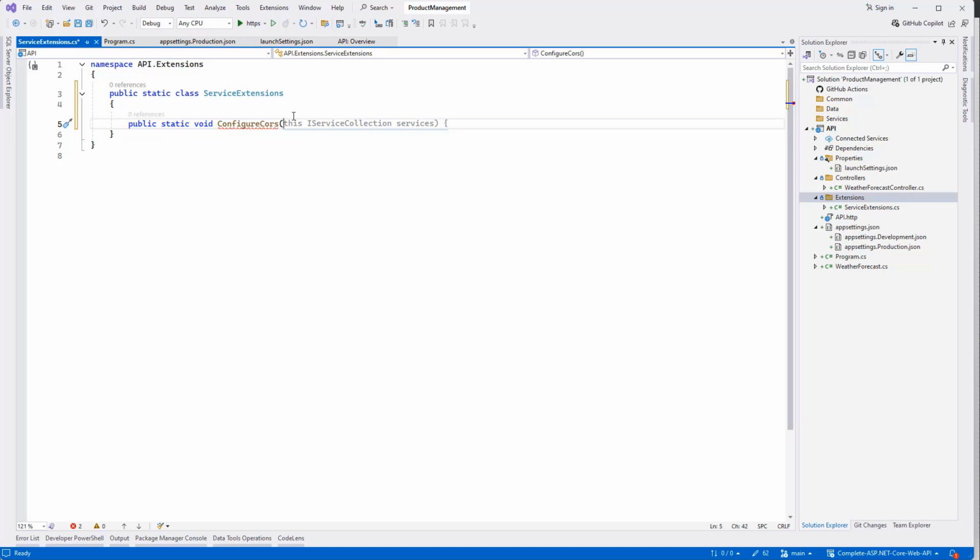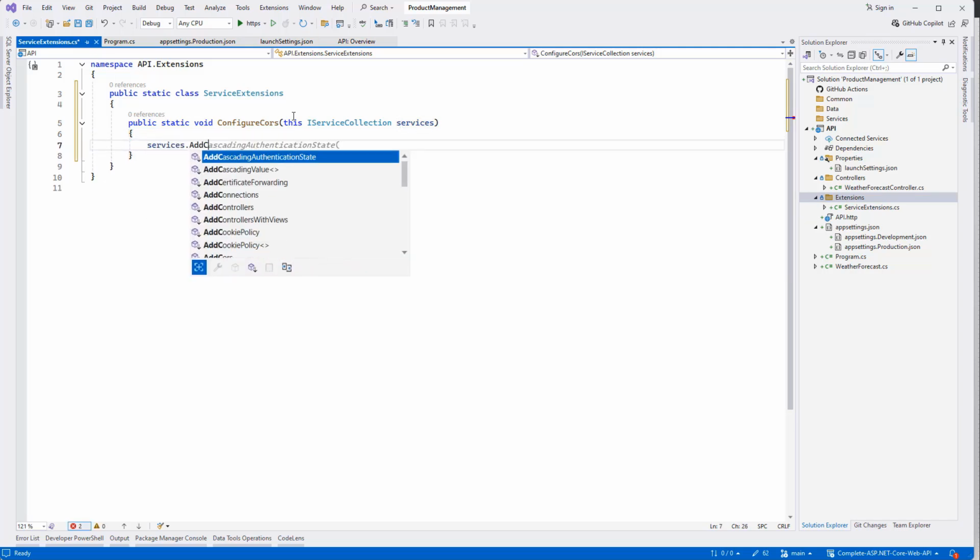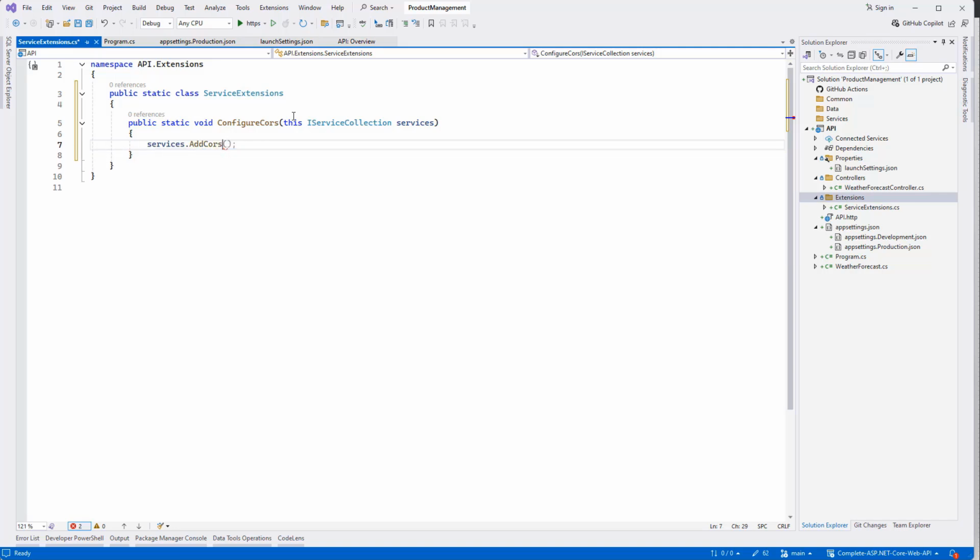And the parameter is going to be this IServiceCollection services. Okay, so services.AddCors. In the Cors options,